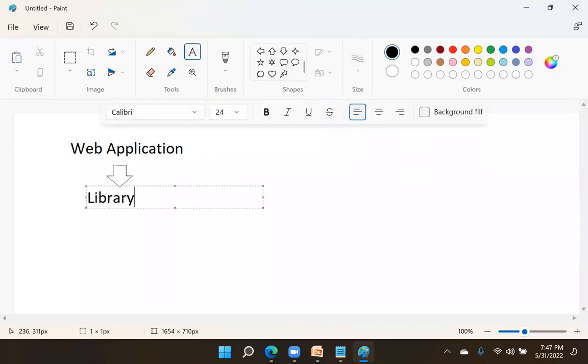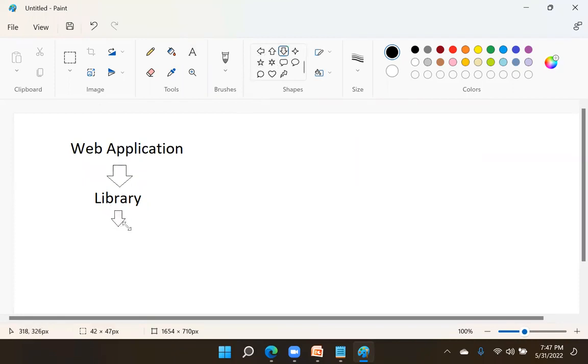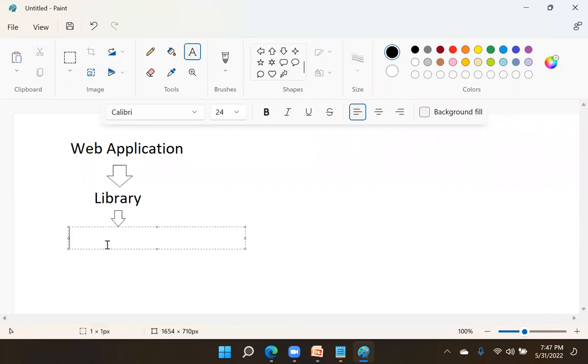Then what happens is, in the first step, the page loads into memory. That means, actually, you can say the page loads into the browser.